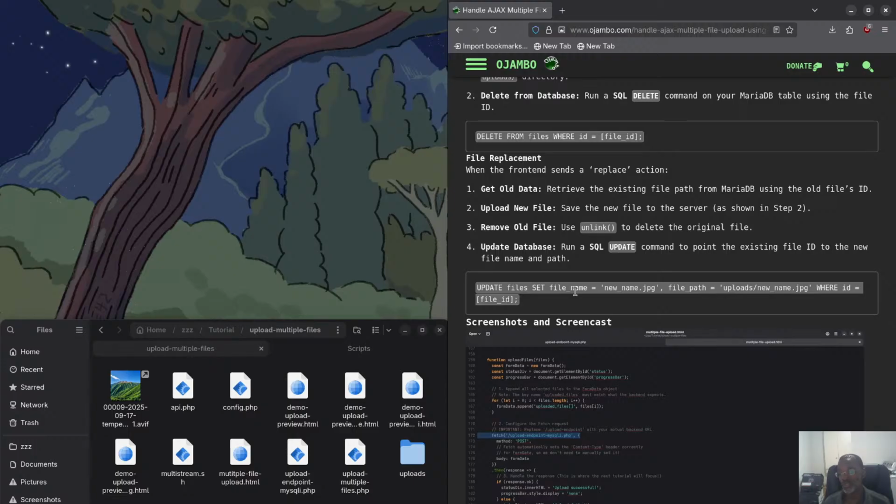So that's what we're going to do today, and I'm going to split the code up a little bit. We're going to create three files overall, but you can do it all in one file. But I think separating three files will help you. I'll show you how you can reuse the files as well. So we're going to do AJAX, the fetch API, PHP for the upload, and a database. We're going to use MariaDB again, but you can use MySQL. And of course,